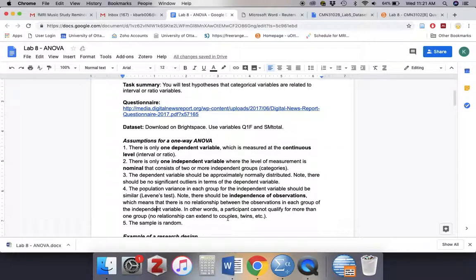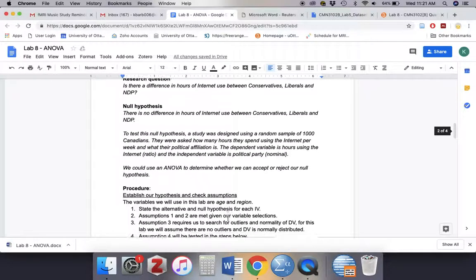So today we will be looking at political affiliation. Political affiliation is measured at the categorical level, but it has three different levels here. People can either be considered conservative, liberal, or NDP. If we were only looking at two polar ends of the political spectrum, such as the differences between conservatives and people that are a bit more socialist, so people that would fall into NDP,